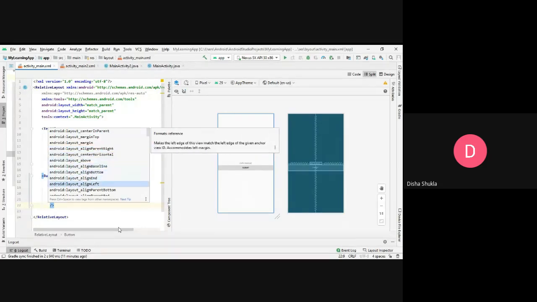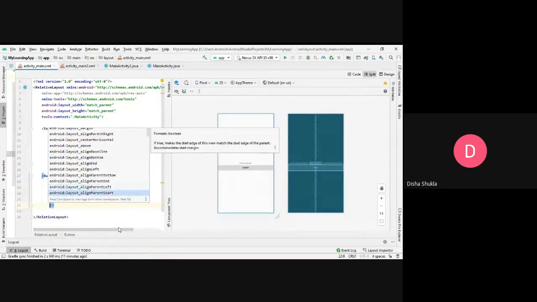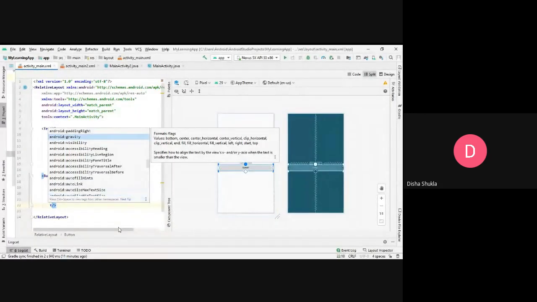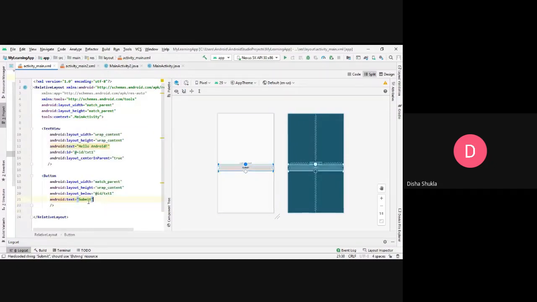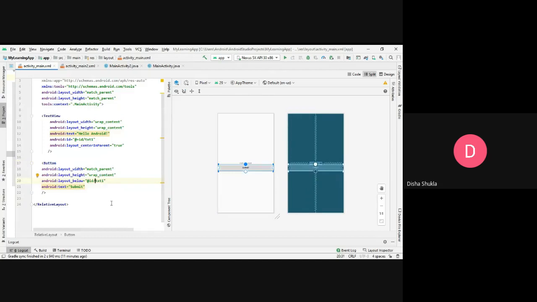Besides that, I have lots of other properties that are possible over here. All these things are for aligning or putting your particular button at different points. And if you want to set the text size or text color or anything like that, that also is available. You can see here text size, text color, hint, alignment, all caps, appearance, etc. You can format that particular button as per your wish. But for right now, I'm just putting this button and I want to use it. So I hope you are clear with how to put a button, how to place it below the particular text view, and how to apply the text over it.